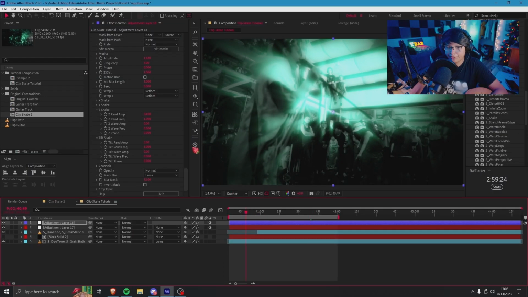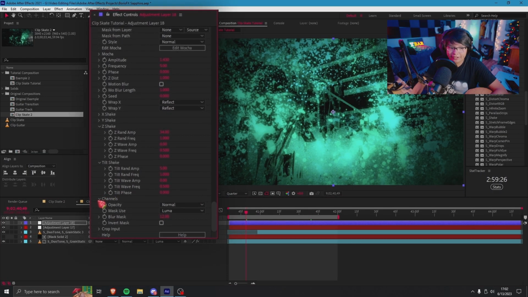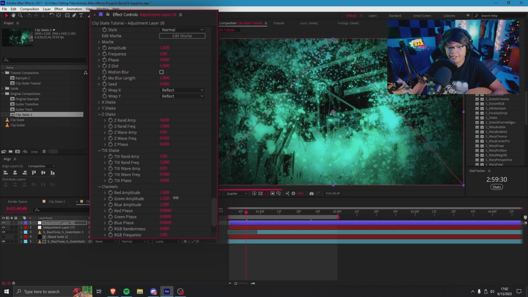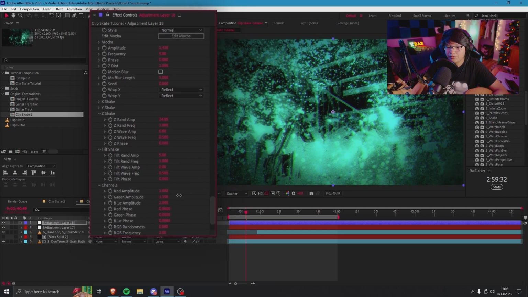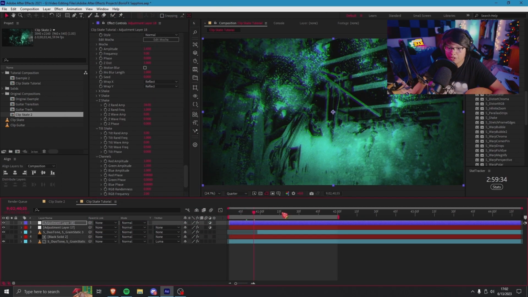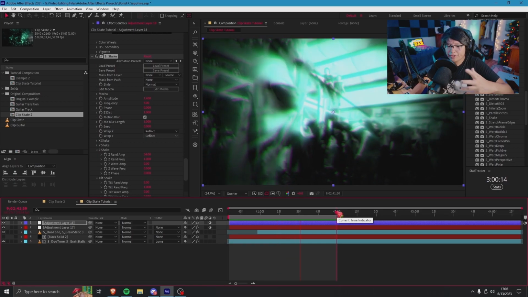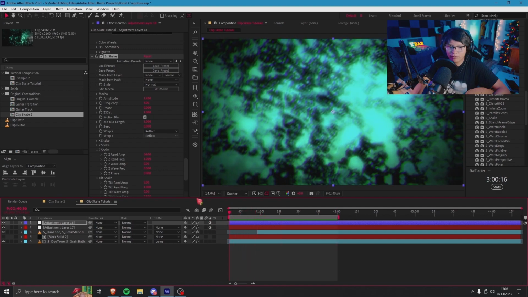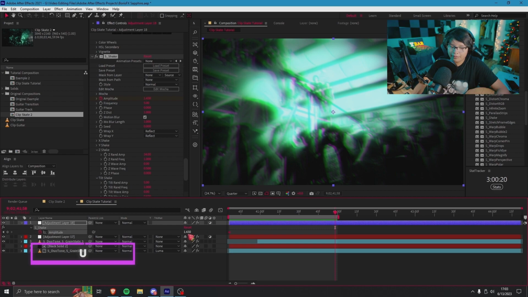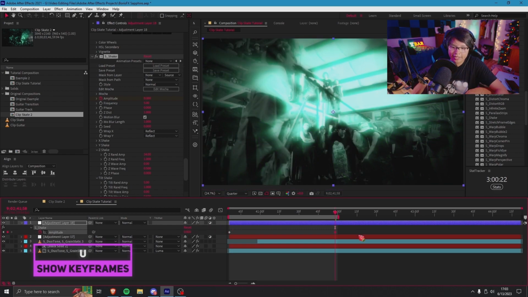What I did on the preview that you guys saw was I went down here to channels and I increased the green amplitude. Now what that's gonna do is it's gonna add some sort of RGB splitting on your shake. And the last thing we'll do with edge shake is we'll turn on motion blur. Now it looks pretty cool so far, however, I kind of want the shake to die down, so we'll go to the start, keyframe the amplitude, go somewhere ahead of time, and then we're gonna lower the amplitude down to